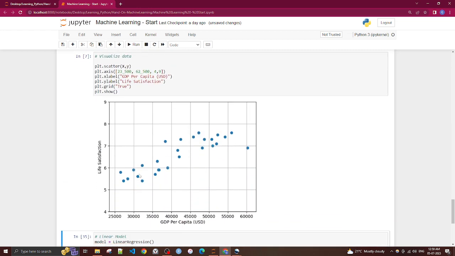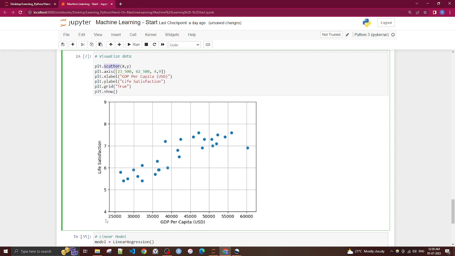PLT is nothing but plot. We are doing a scatter plot here. This is the GDP, this is life satisfaction. The axes are limited, from 25,000 to 60,000 for GDP and 4 to 9 for life satisfaction, with X label, Y label, and grid set to true, and this is what we have.